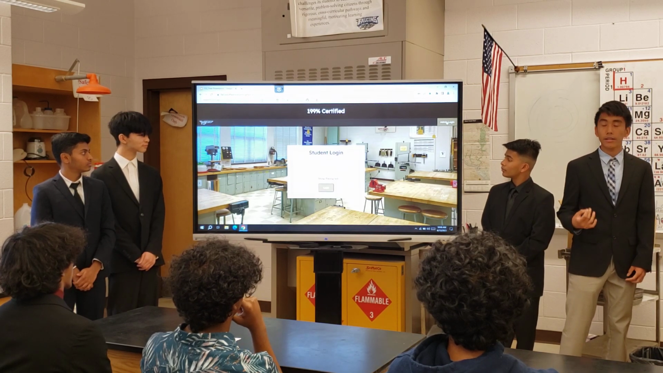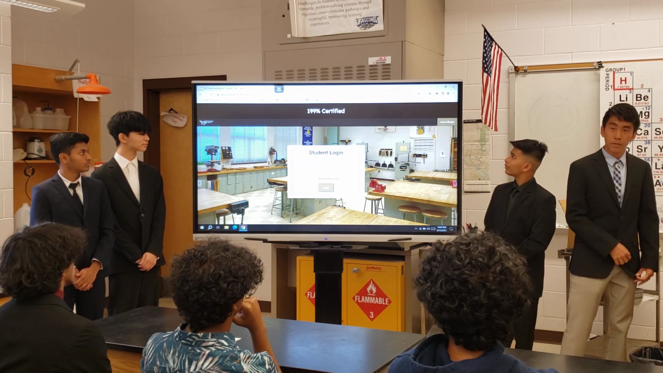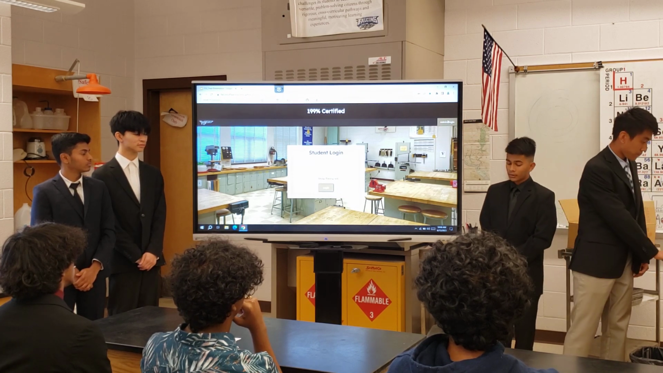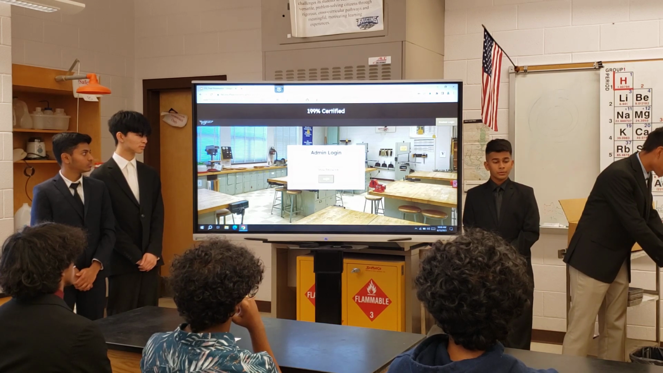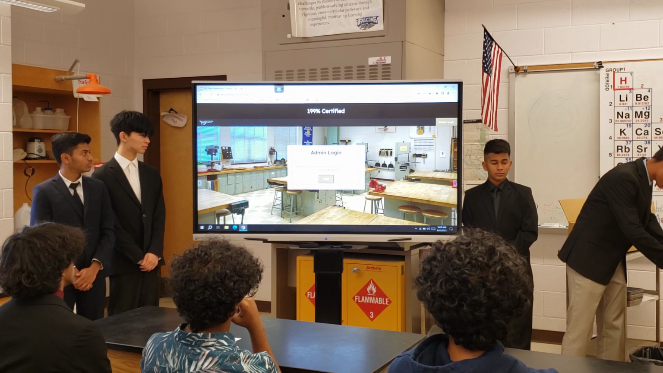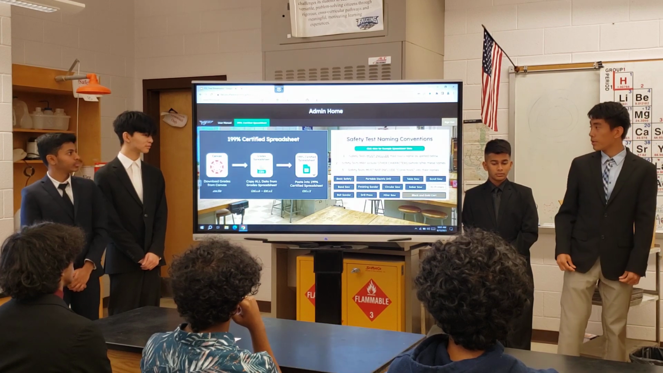And to edit this data, any admin who wants to do that can click on the admin login on the top right hand corner, and they can enter the preset password. If I enter that, it'll take me to the admin home screen,